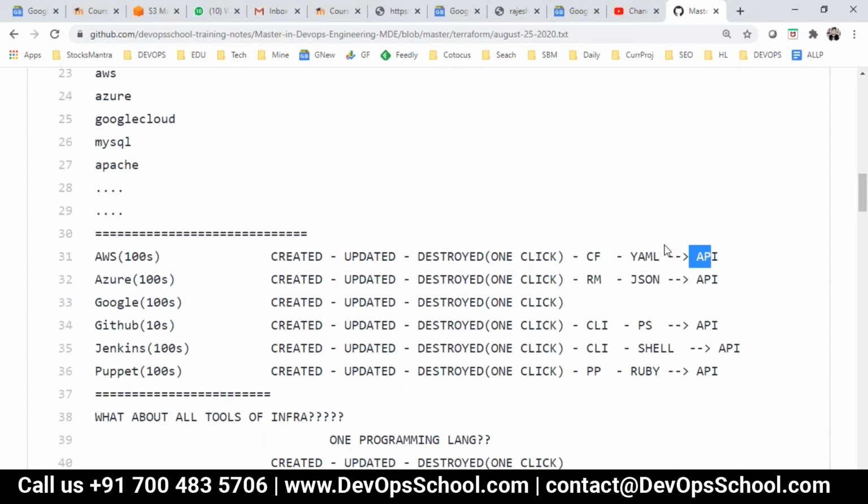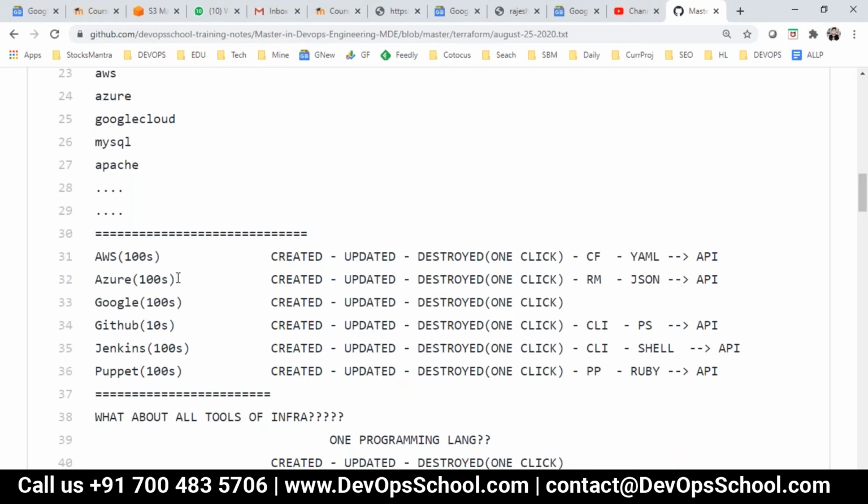So typically, you want to create an infrastructure, you want to create an EC2 instance, configure it, update the infrastructure, you want to update some new software in the existing EC2, and at the same time, once the requirement is done, you want to destroy it. Everything should be one click. In the same way, you want to do everything everywhere. You want to create, update, test, debug, whatever, and destroy.